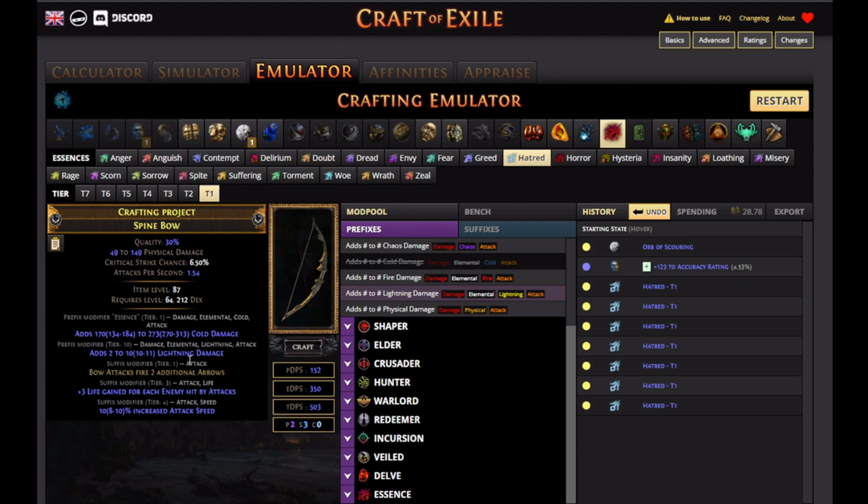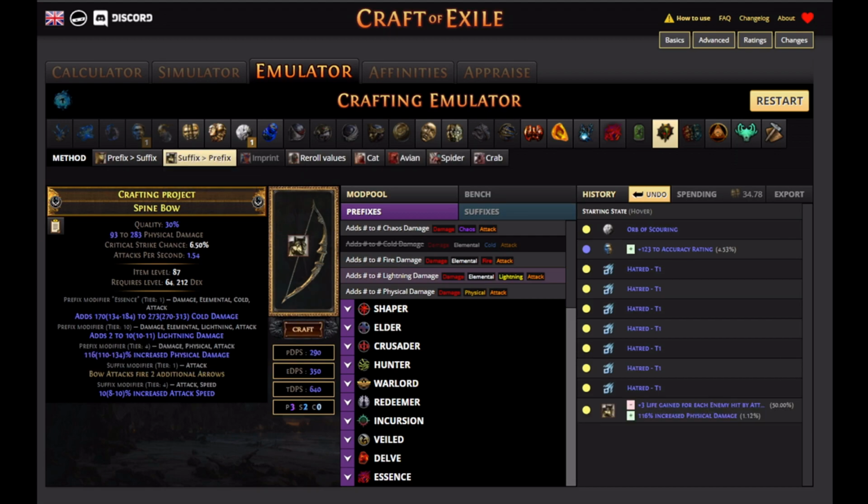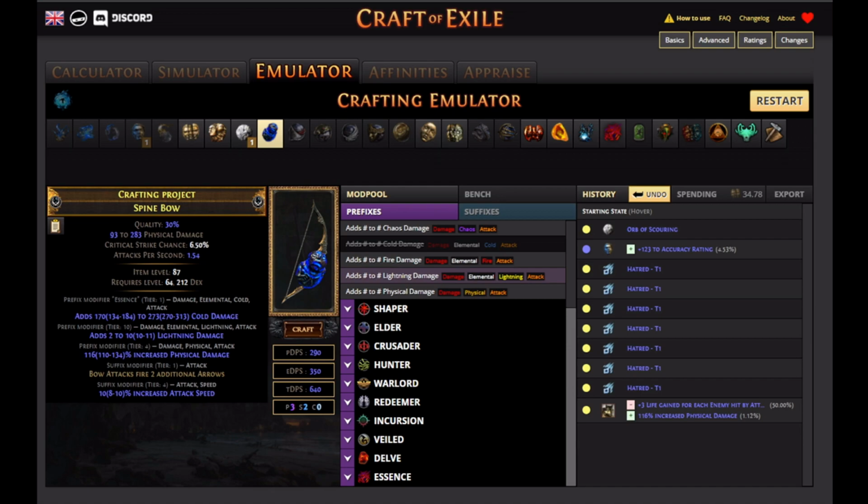So now you have lightning damage and cold damage. You also have an open prefix. So since you have an open prefix, you can use beast crafting, suffix to prefix, and hopefully get fire damage. We didn't get fire damage, but if this was a high tier of lightning damage, let's say like tier 1 or tier 2, you could always take the gamble of the 1 and 4 and try to annul off the